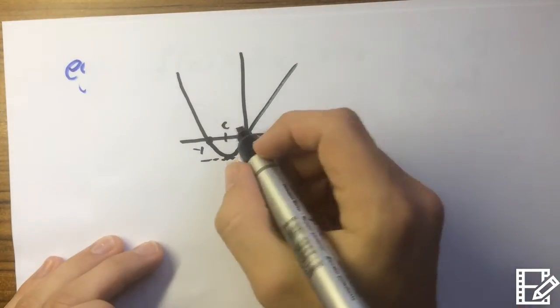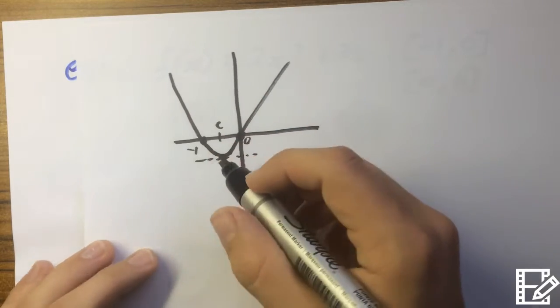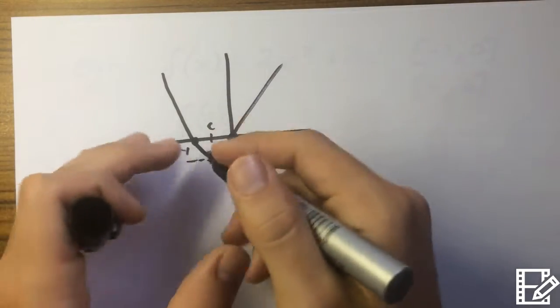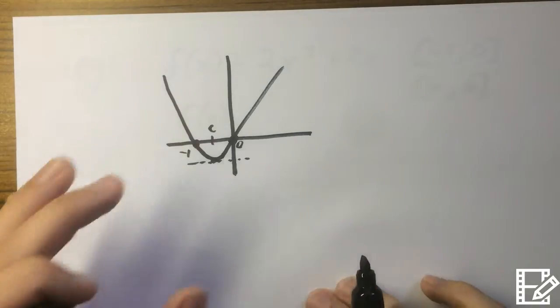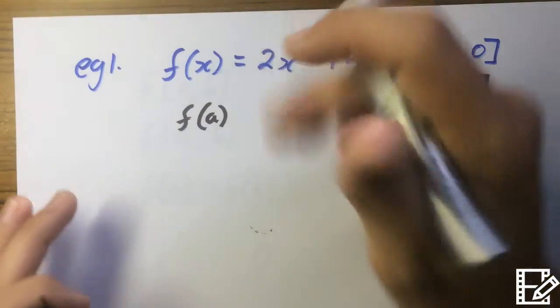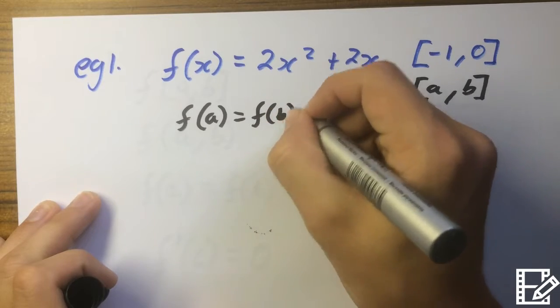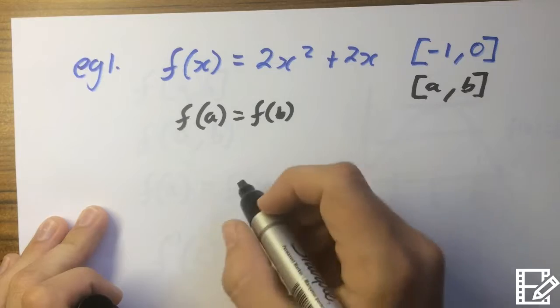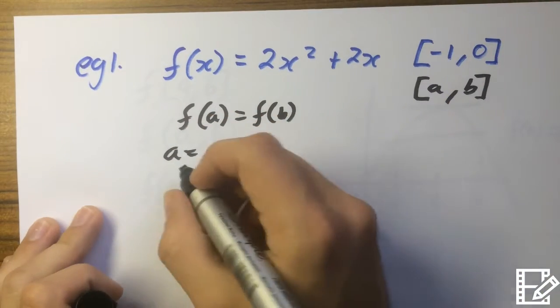So is it continuous between the two intervals? Yes, there's no disconnection or anything. Is it differentiable? Yes, because there's no sharp points on the whole curve. Therefore, the next condition we need to meet is this one, which is the function of A equals the function of B. Okay, so we find that out by using A, we say A is equal to -1, and